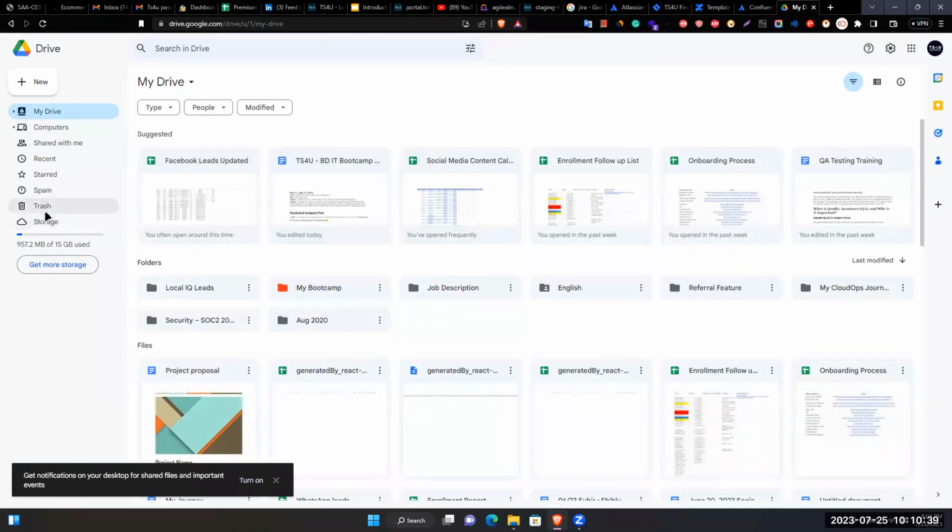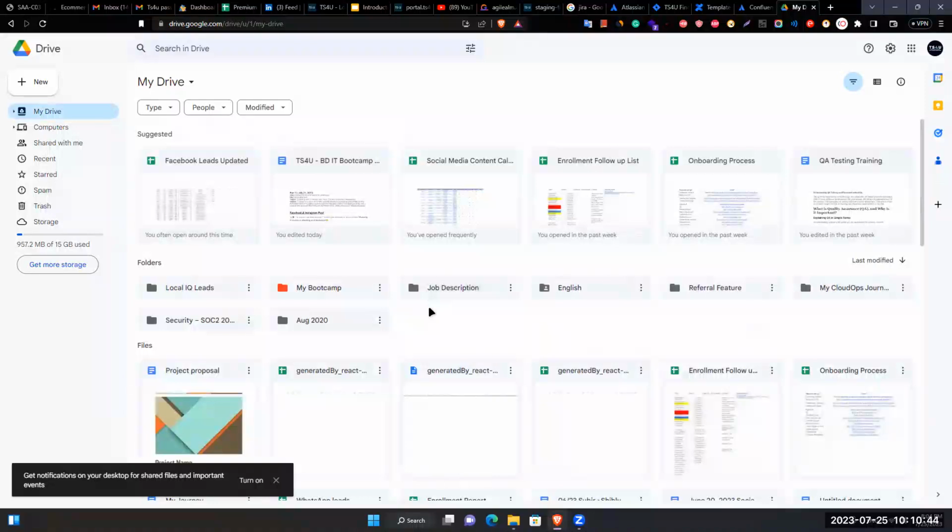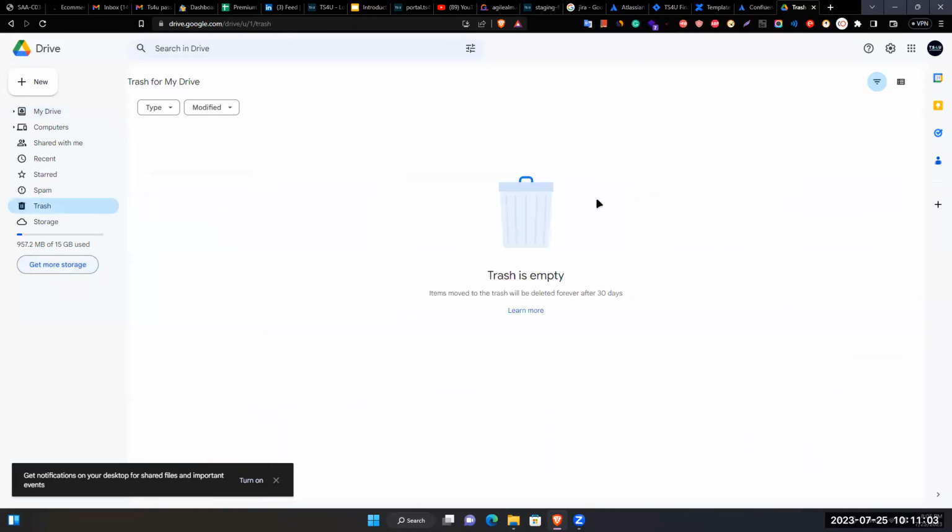It will be in the trash, and that means it will keep holding your storage. So you have to delete from the trash, and then it is permanently deleted from your drive. And there is another thing: if it is in the trash, it will be deleted automatically every 30 days.